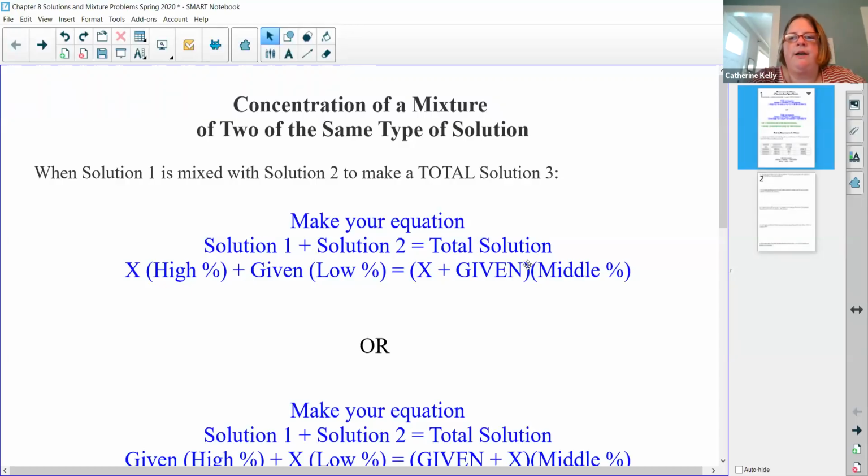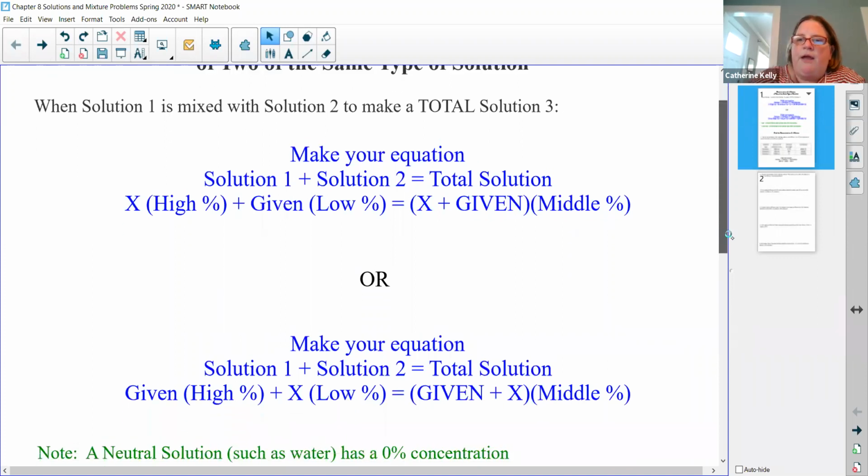Hi. So now we're going to learn about concentration of a mixture of two solutions of the same type. When one solution is mixed with another solution, it makes a total solution, a different solution, number three. In other words, we've been doing powder with liquid to make a milliliter. Now we're going to do liquid with liquid and dilute it or make it stronger or make it a different form. So we're going to make your equation so that there's solution one plus solution two is going to equal